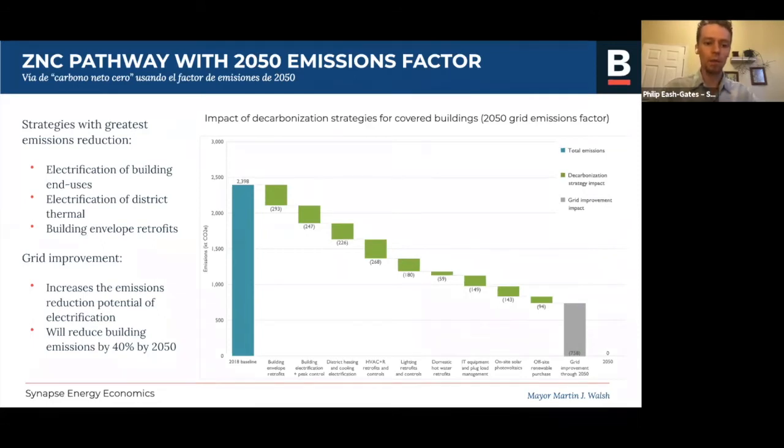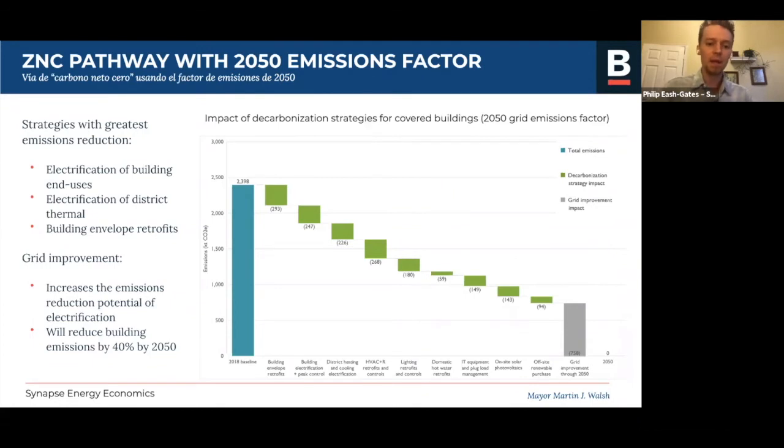So in the first vertical column, the teal bar is the 2018 emissions associated with the BERDO buildings. And then each of these strategies identified along the horizontal axis at the bottom of the figure shows a strategy or a group of strategies, and the green bar represents the emissions abatement or reduction impact that group of strategies